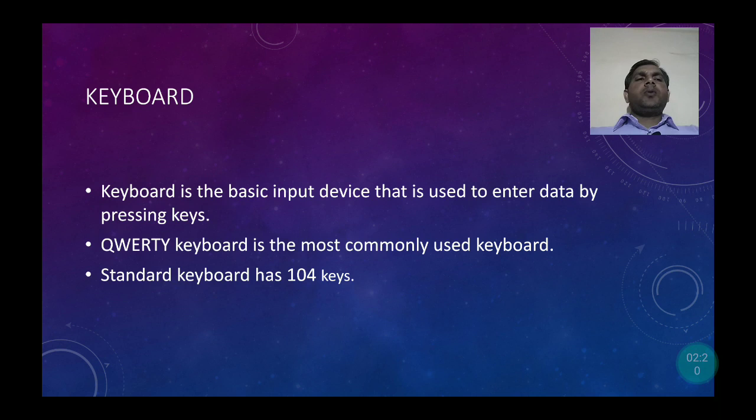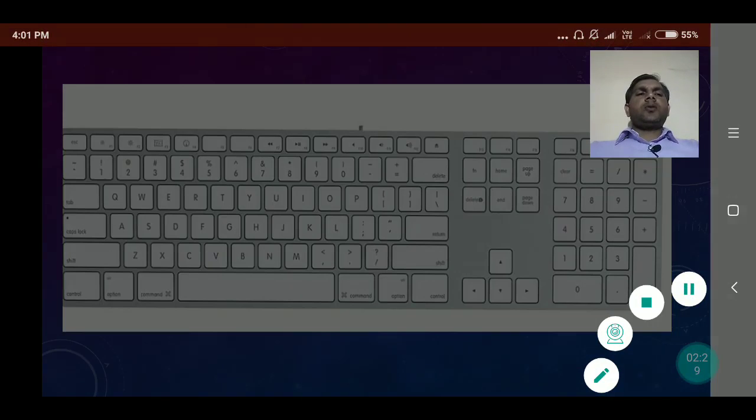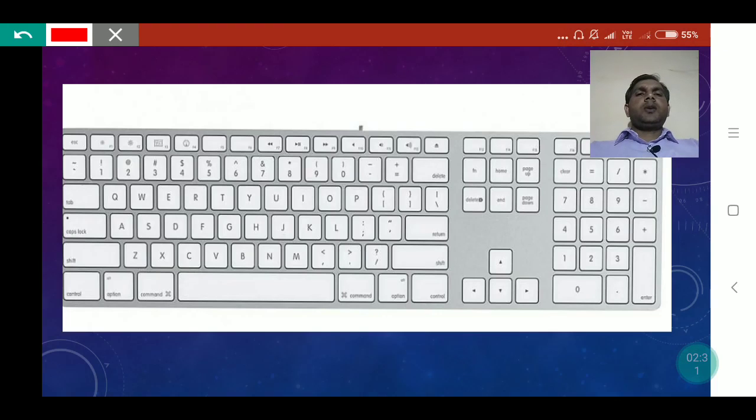In the keyboard, the keys are not in alphabetical order, from A to Z. Here you can see first Q, after that W, E, R, T and Y. This is not alphabetical order. This is the QWERTY order because this is a standard QWERTY keyboard. Why was this order adopted?